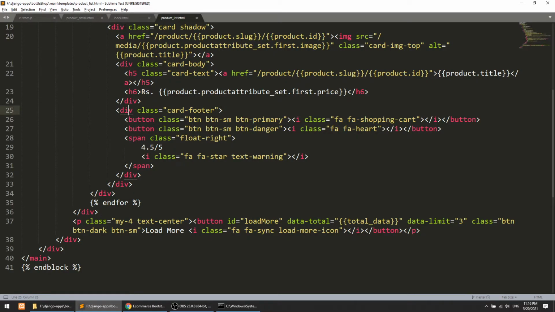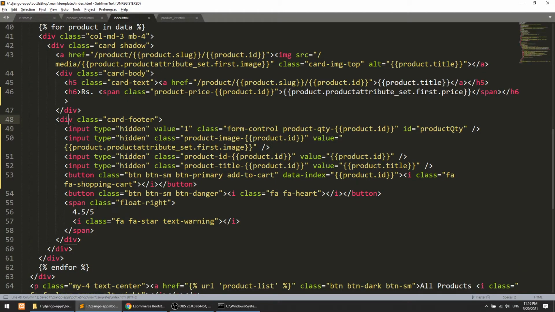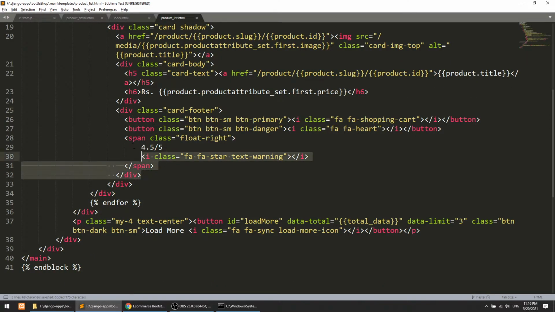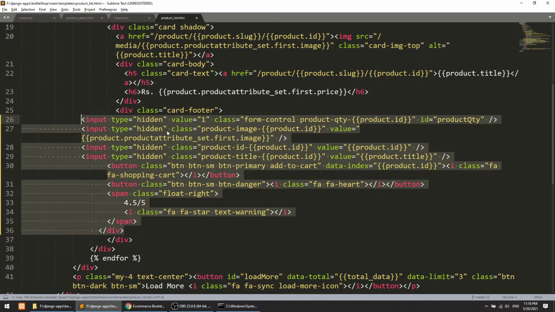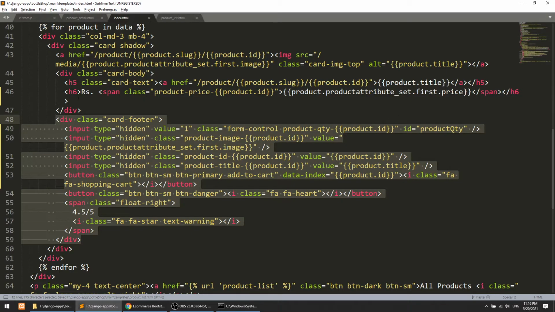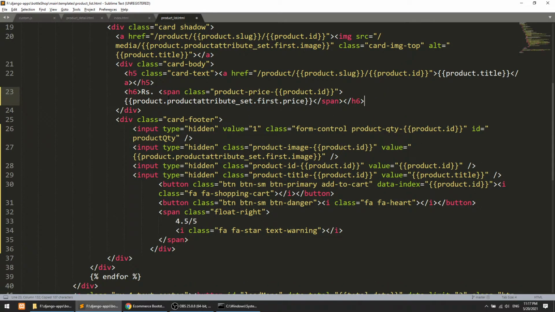So where is the footer? We will copy this footer, and of course we will change the price heading, and we will check that the product name is, the object name is product.